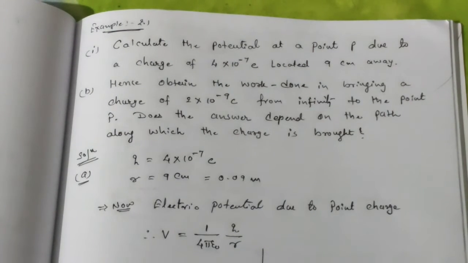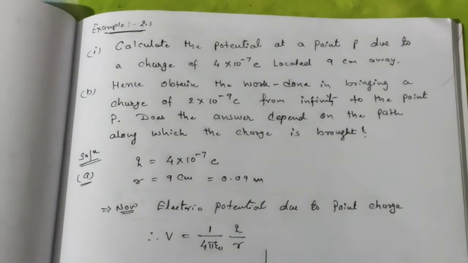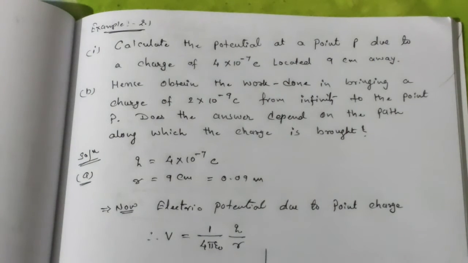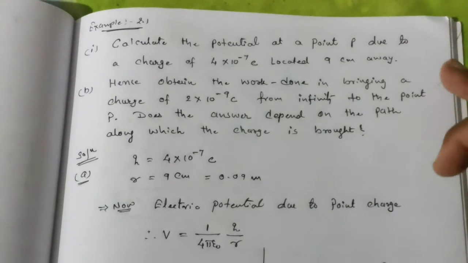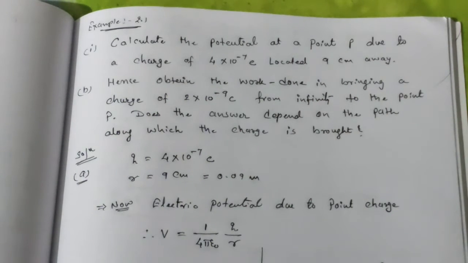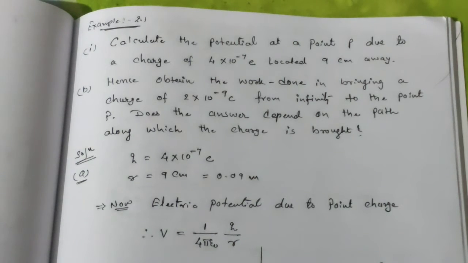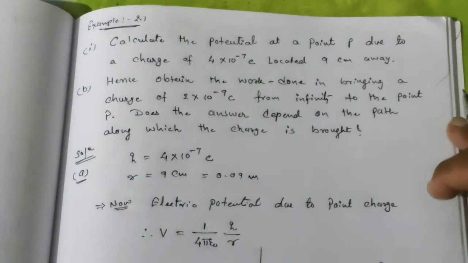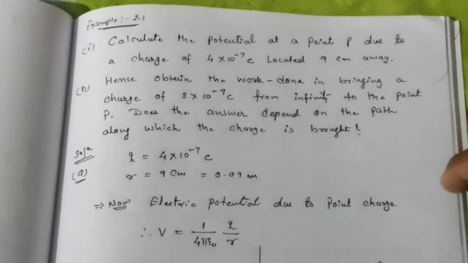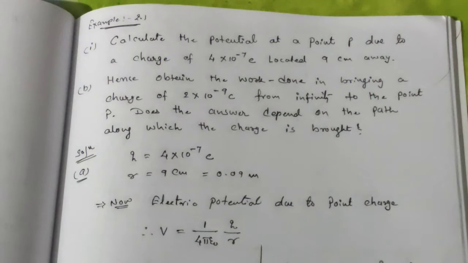Okay, today we are going to see example number 2.1. Before we proceed with this numerical, I always tell you one thing: try to read the question two times properly. Concentrate on the question, take out whatever data are given, and based on that, apply the equation that is useful for you. Finally, apply it in the final equation if you have indirect data in the question.